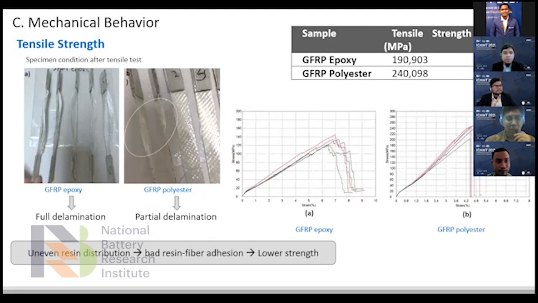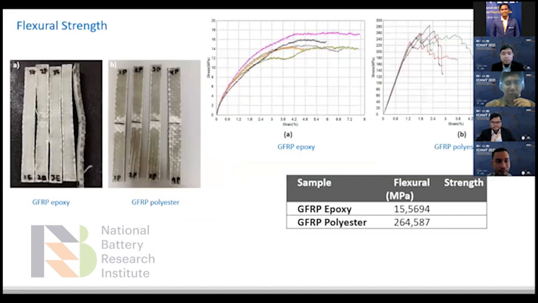our previous study, when we observed from the microscopic analysis that the uneven resin distribution led to bad resin-fiber adhesion, and there is a consequence of having lower strength when we have the materials with epoxy-based glass fiber reinforced plastic. From the fractural strength